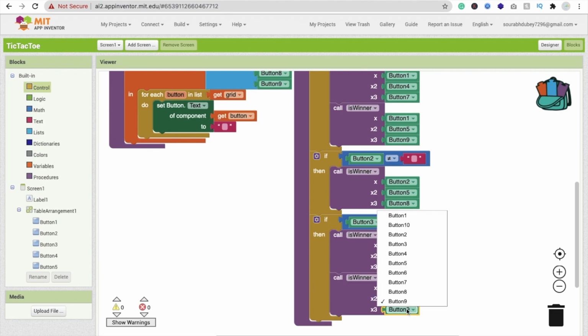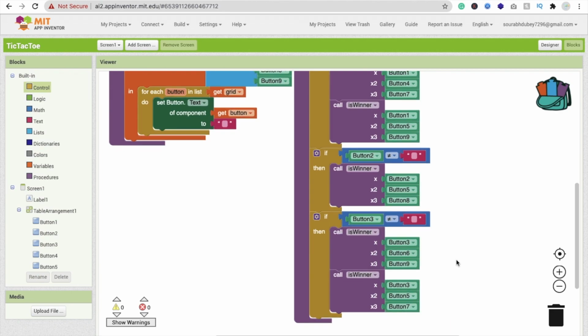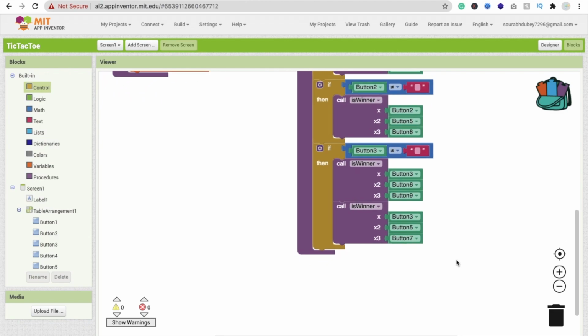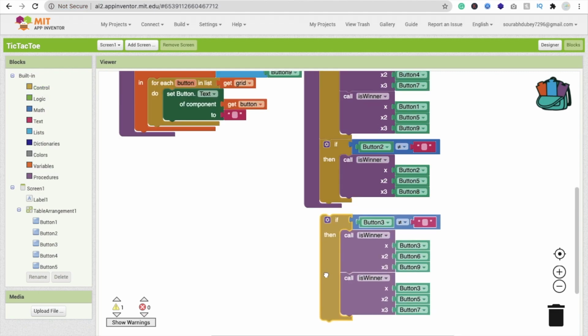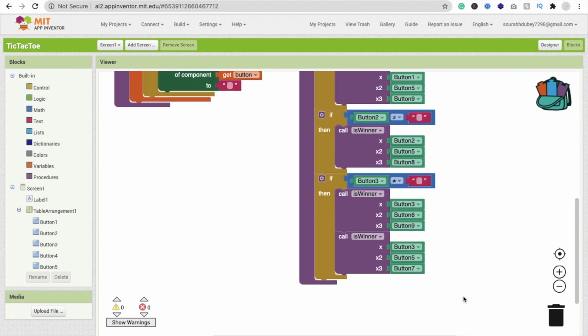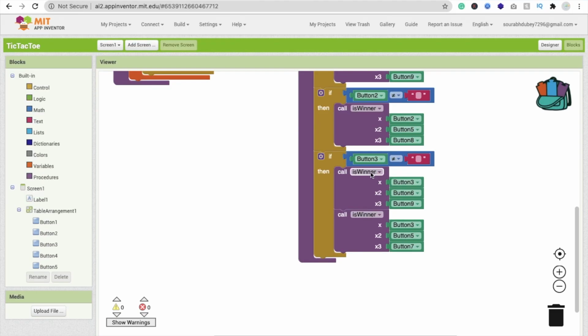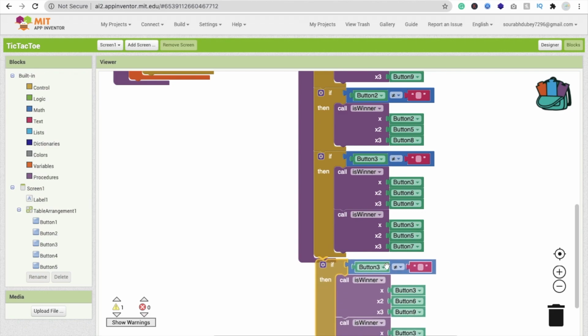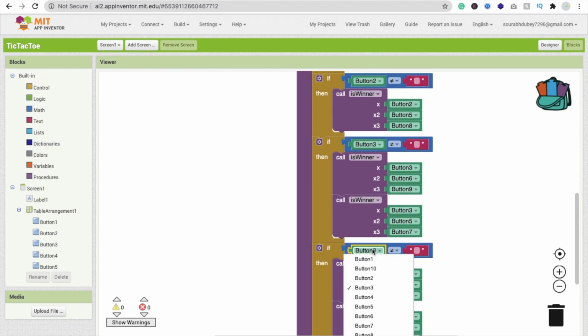Like this. Fine. Now there's one more possibility with the third button: button 3, then button 5, then button 7, like this. Then we have to check another one, that one is button 4, and we have to check from button 7 also. So for both, just copy and paste this. So just copy this one for button 3. So we have to check one more button, button 4.